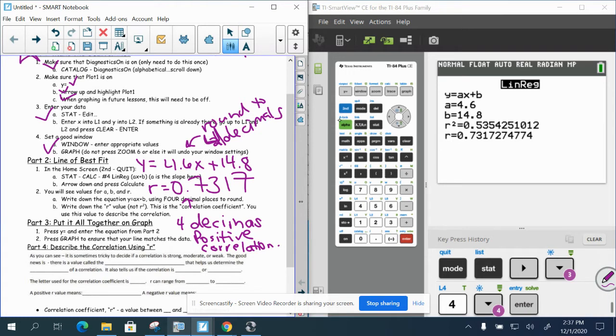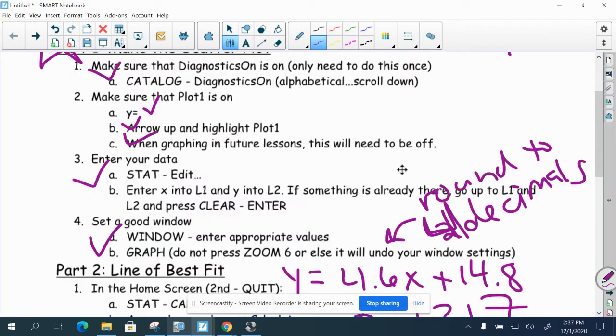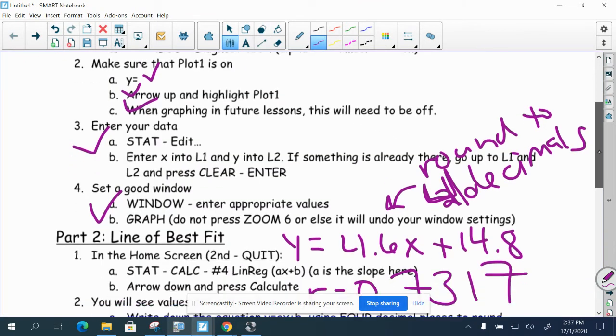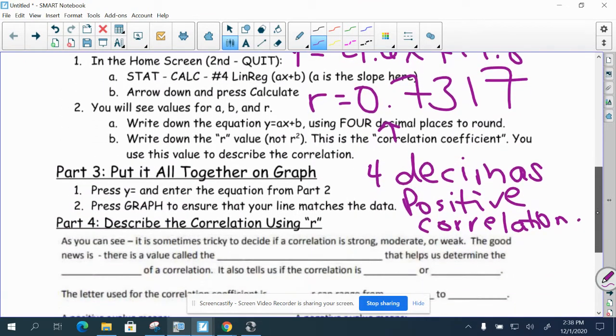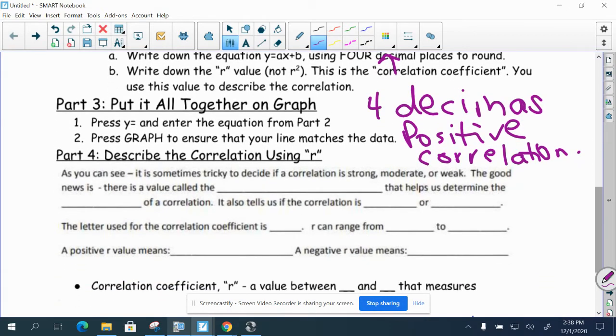All right, so now that we have that, we're going to put the calculator aside for just a second and look a little bit more in detail about what correlation coefficient is. Because if you didn't join us in our Quizlet game last week, then you might be a little bit confused about what correlation coefficient is, or if you didn't open up that Quizlet game that I shared. So,